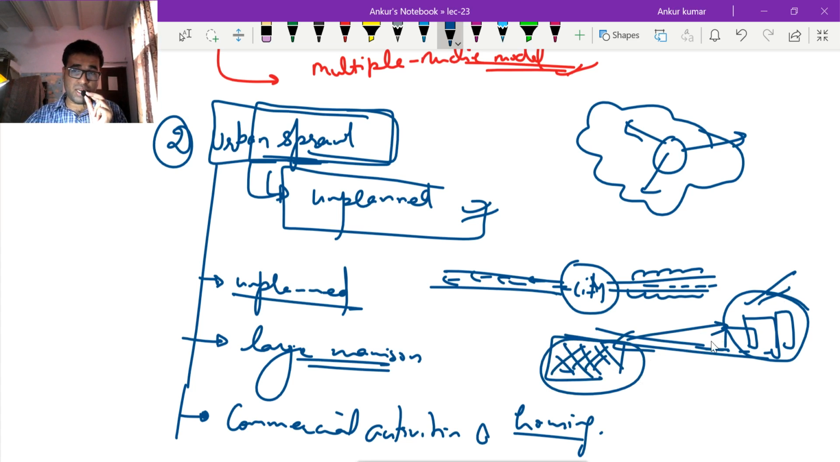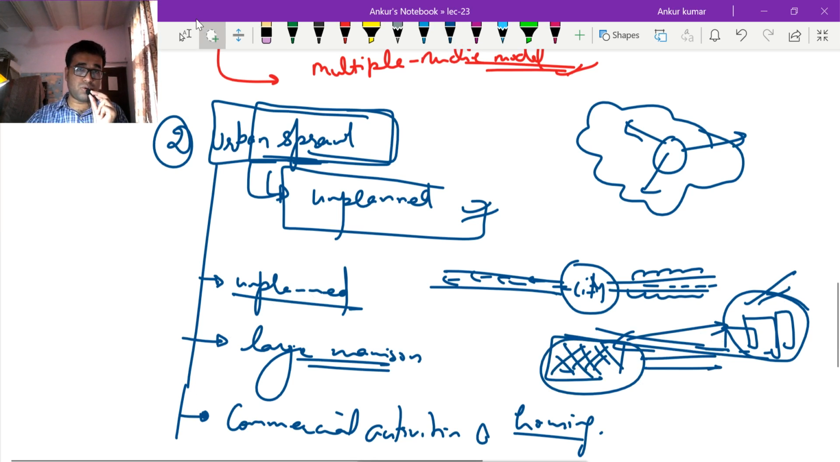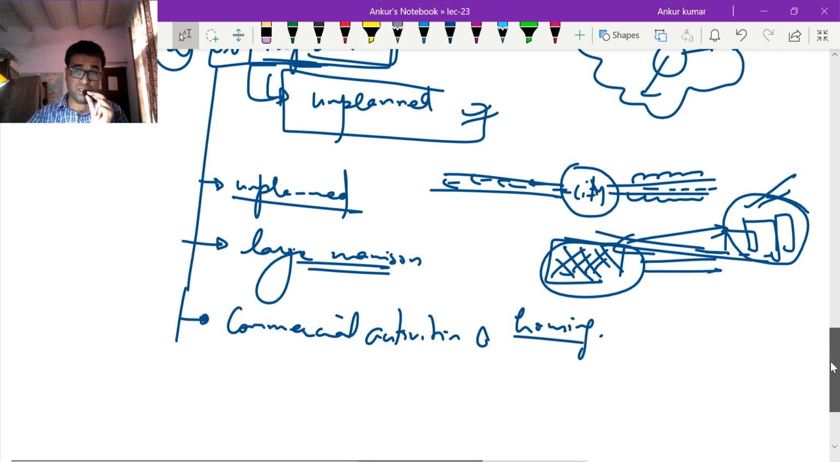So the distance between them is large and the daily commutation becomes a big problem. Okay, so this is another feature. Another feature of the urban sprawl is that the urban sprawl sees